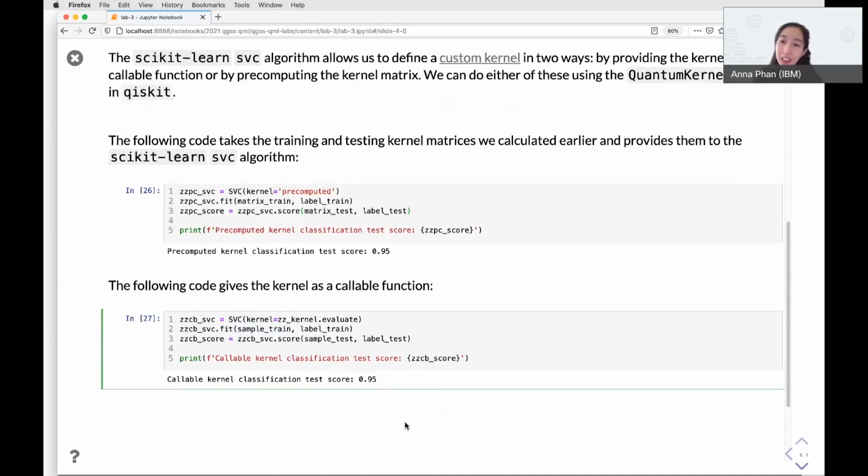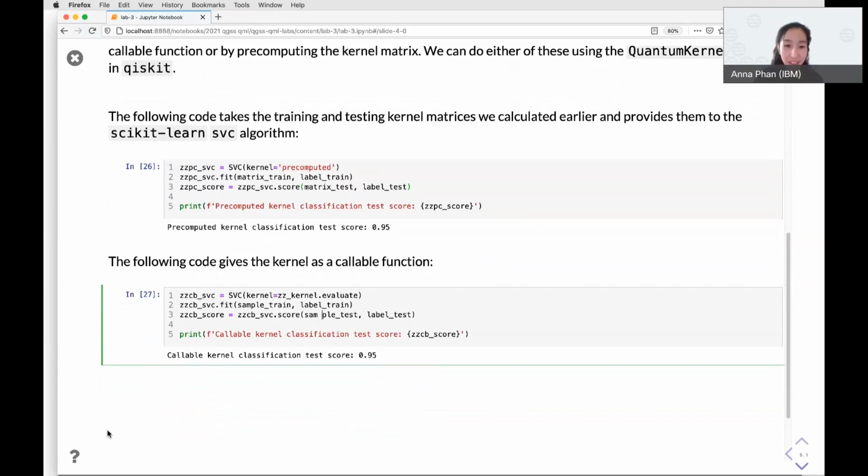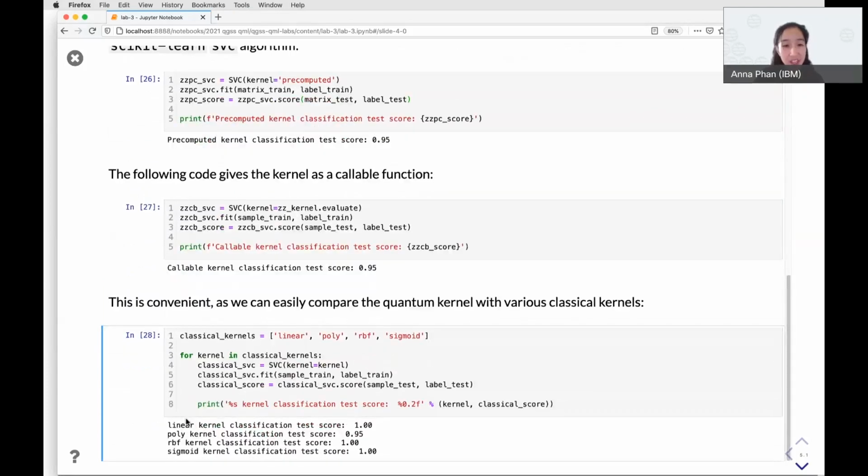Giving SVC the kernel as a callable function is actually quite convenient, because what we can do at the same time is easily compare the quantum kernel with various classical kernels. Scikit-learn has 4 or so predefined classical kernels. We've got a linear kernel, a polynomial kernel, a radial basis function kernel, and a sigmoid kernel.